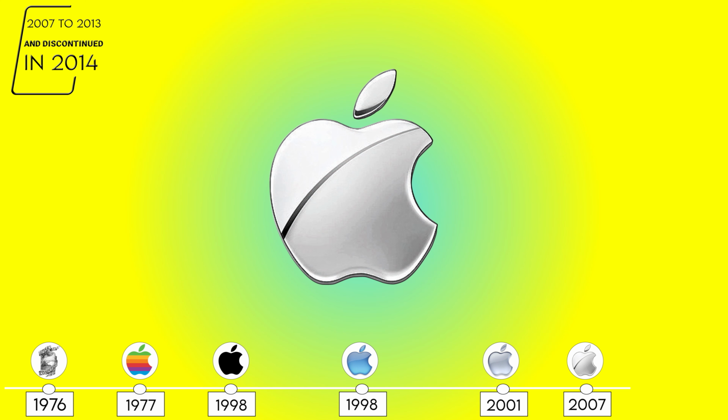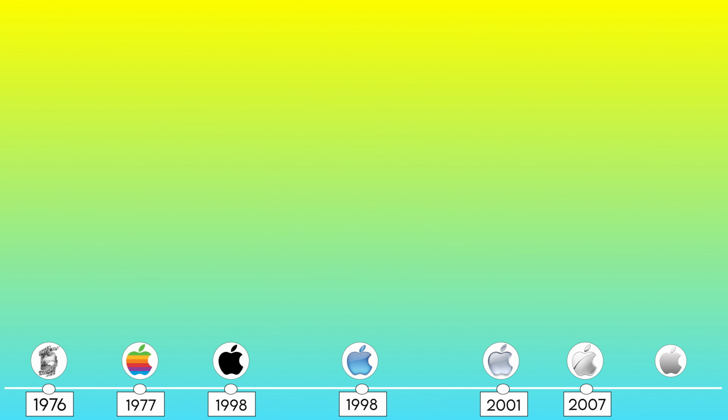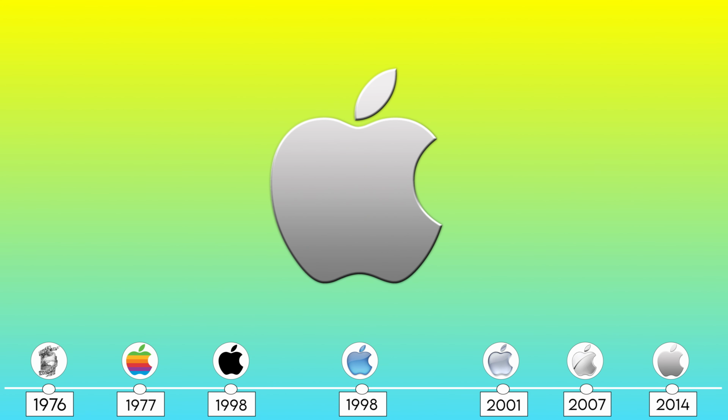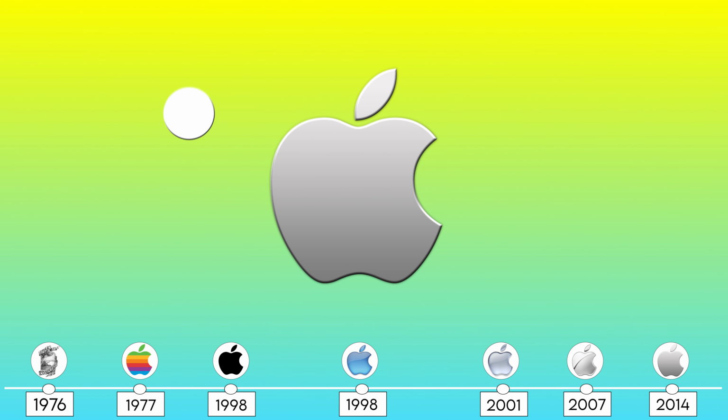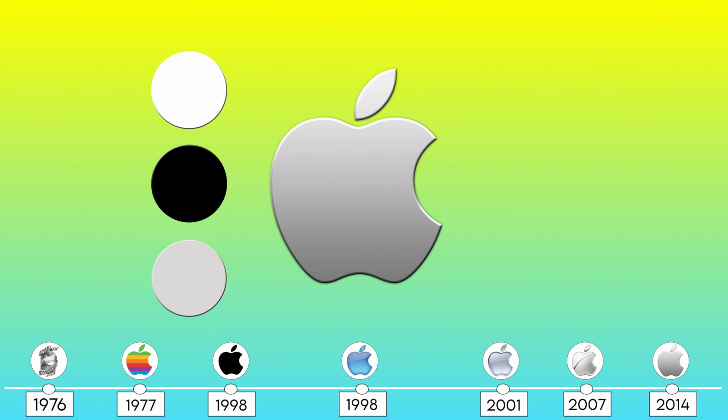In 2013, iOS 7 was introduced with its flat user interface, inspiring a new style of logo. Then the logo was designed like the monochrome version of 1998. At present, Apple uses a minimalist logo design that comes in three unique colors: white, black, and silver. These minimalist logos are eye-catching, memorable, and impactful to the audience.